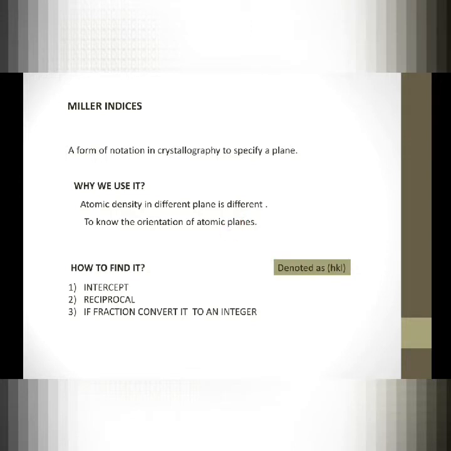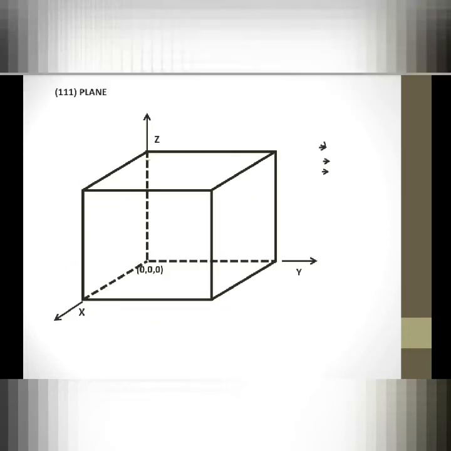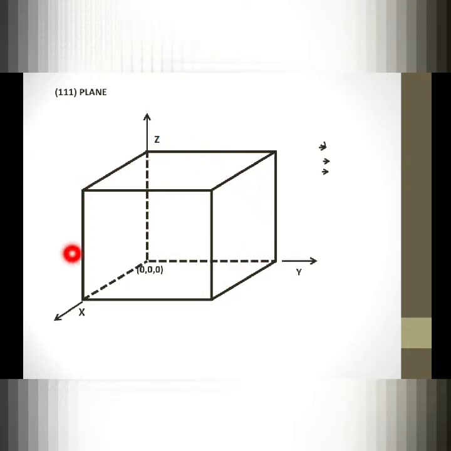Now, by giving an example, I can clarify what this actually means. Now, this is a cubic lattice, and in this cubic lattice, one important thing is that the edge length of the cube is 1 unit. That is, if we take this point as the origin, then the length of this is 1, this length is 1, and this length is 1.